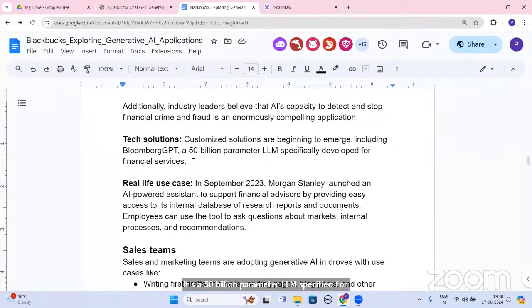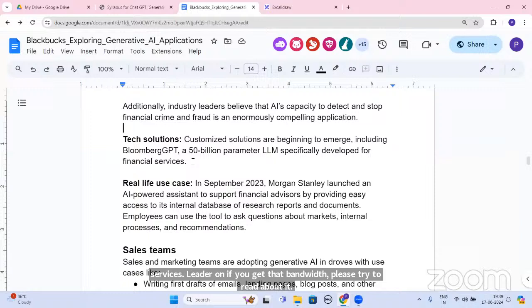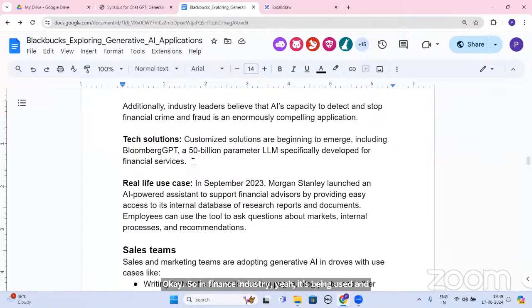Later on, if you get the bandwidth, please try to read about it. Okay. So in the finance industry, AI is being used and there are endless applications. This is something that I see on the internet, but even apart from that, there are a lot of applications available out there.